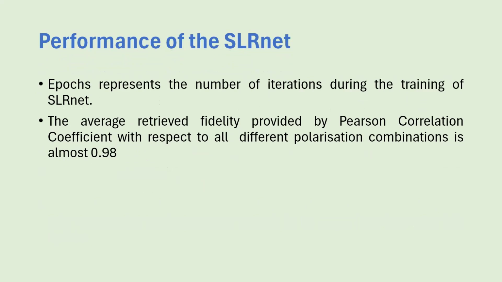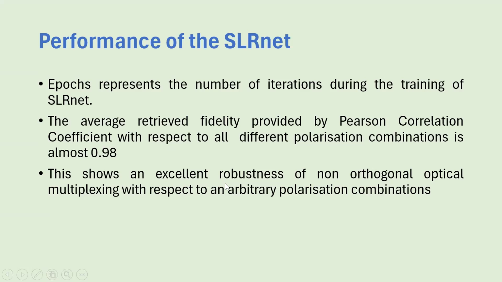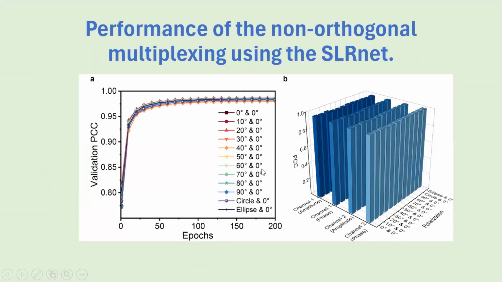So the average fidelity, after performing a number of iterations across various polarization values, or arbitrary polarization values, we shall see that the performance of our SLNet will reach up to 0.98. Now, this shows an excellent robustness of the orthogonal optical multiplex with respect to arbitrary polarization values. So this figure here, or this diagram here,